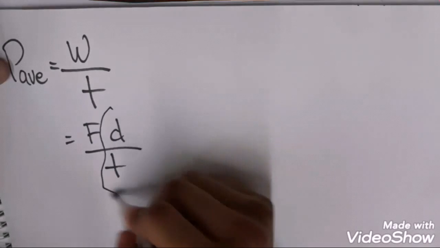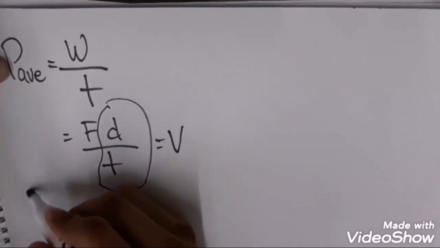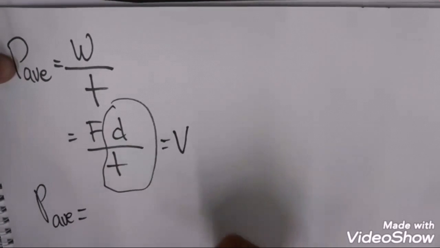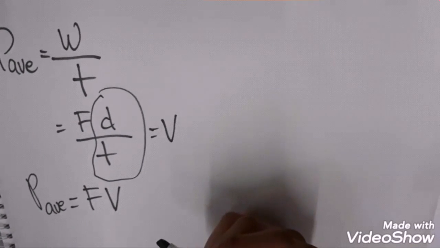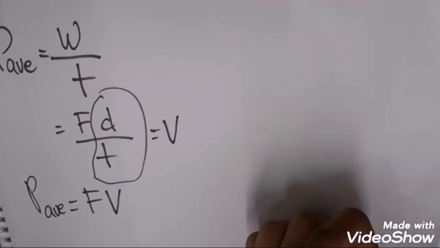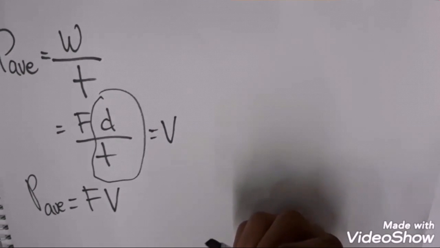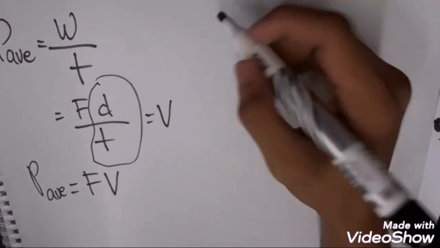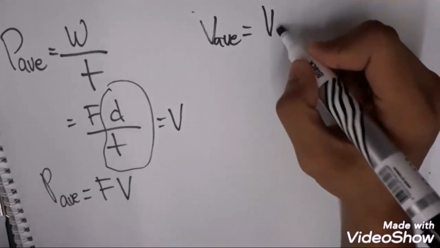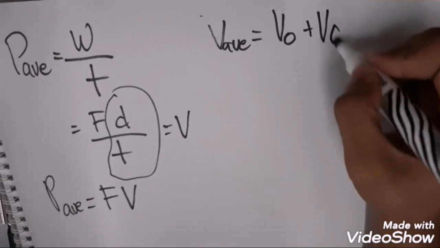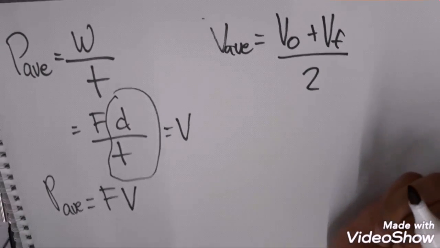Now, we can see this as equal to velocity, which means that power is equal to force times velocity. Now, with a given equation, we need to find velocity. But since our speed is not constant, we need to get the average speed. In order to get the average speed, we have to add the initial and the final velocity and divide it by 2,